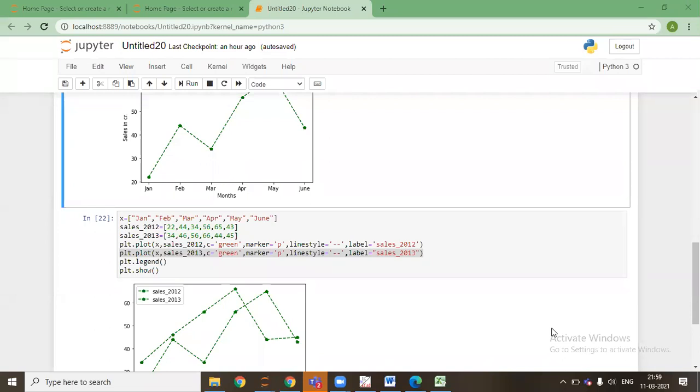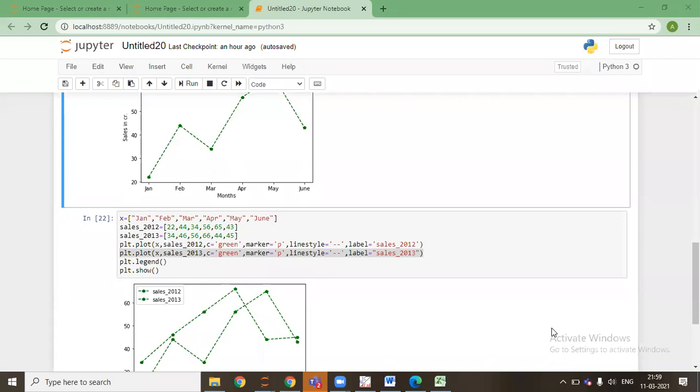Yes. So this is the way we basically construct the line graph. And in a similar way, we can keep on adding the number of lines that we have over here using this simple plotting thing that we have seen. Apart from that, we can add different dimensions, different things depending on the problem that we are trying to solve. So apart from that, we have different types of graphs that we can construct. Here we can construct the subplots as well.